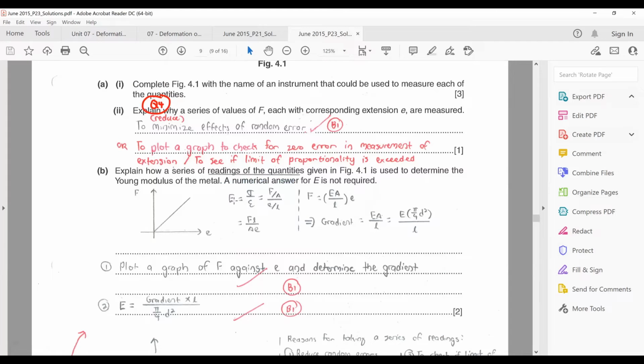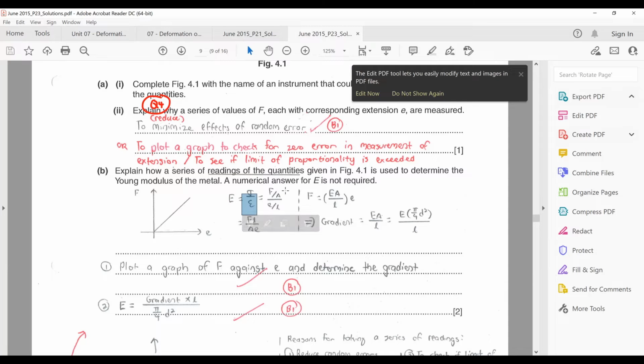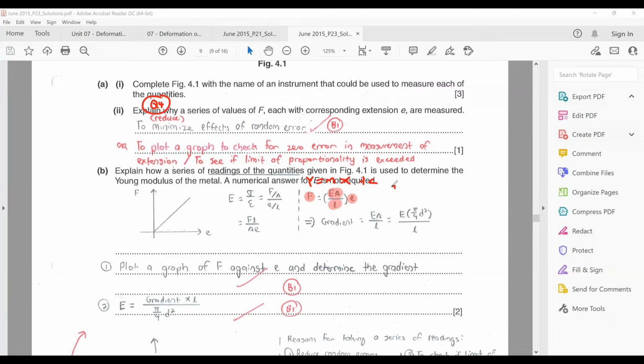Since Young's modulus is stress over strain, and stress is force over area, strain is extension over length, E is FL over AE. So force is equals to EA over L times E, which is actually the same as the equation of a straight line. You should get a straight line